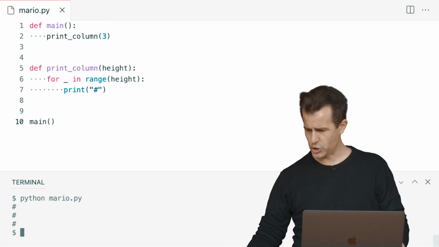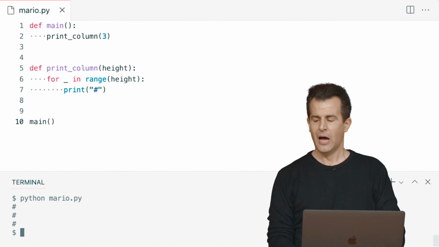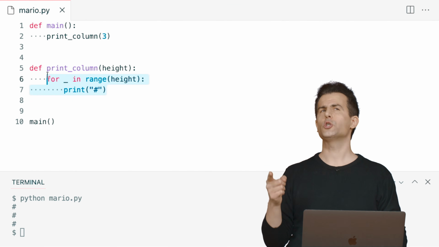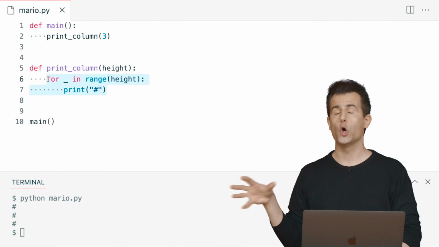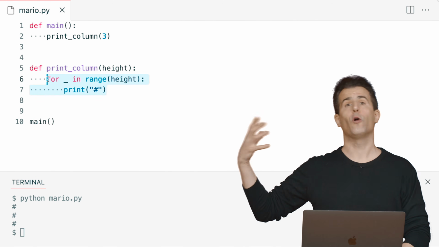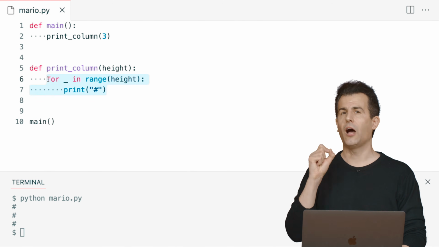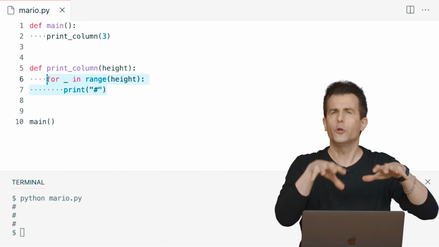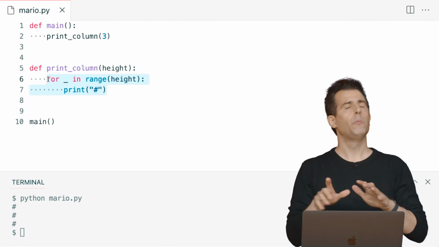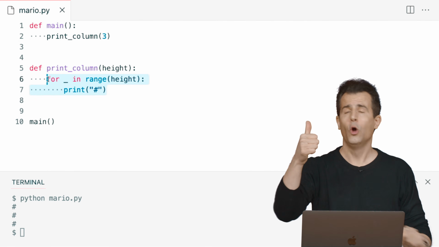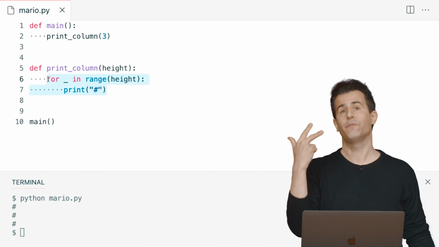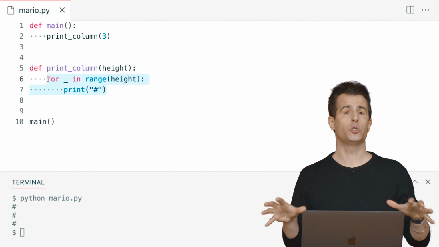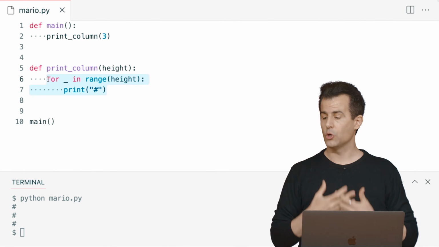And I can do this in different ways too. Notice that if I really want, I could re-implement printColumn in different ways, especially if I'm using printColumn all over my code, or maybe a colleague of mine, a friend, someone else on the internet is using my printColumn function. What's also nice about functions you've written is you can change the underlying implementation details of them, but so long as you don't change the name of the function or its parameters or what it returns, if anything, no one else knows the difference. You can change the internal implementation as much as you want if you want to improve it or make fixes over time.